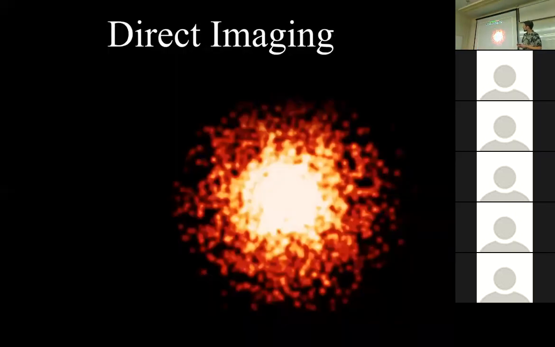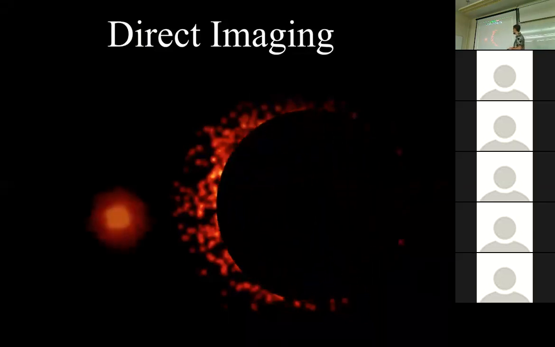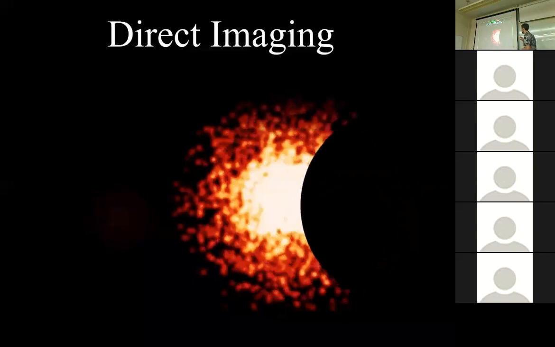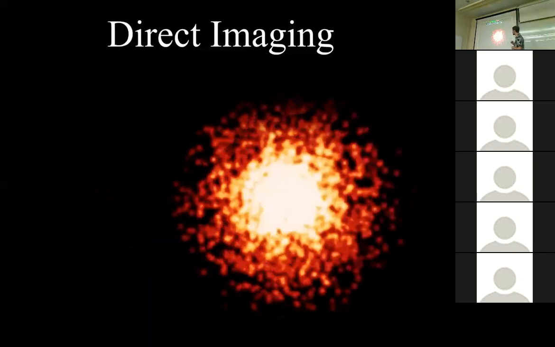All right, the third method that I'll briefly touch on is direct imaging. I mention this one not because it's been very successful so far, it's been somewhat successful, but because this is really the method of the future of detecting and characterizing exoplanets and looking for life. As the name says, direct imaging simply consists of the fact that you have a star, the star is very bright, you can't see the planet, so you do some clever tricks to essentially mask out the light of the star, either through a coronagraph or through adaptive optics or other optical techniques.